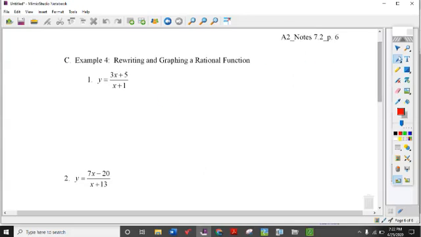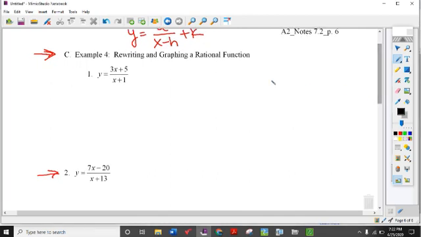Which is a long section. And honestly, I realize most of you are just going to go through and use Desmos anyway. But I did give you a couple handwritten problems to graph these and rewrite these. So remember, our function before was in this form. So for example number 1, to rewrite this in the form of a over x minus h plus k, what